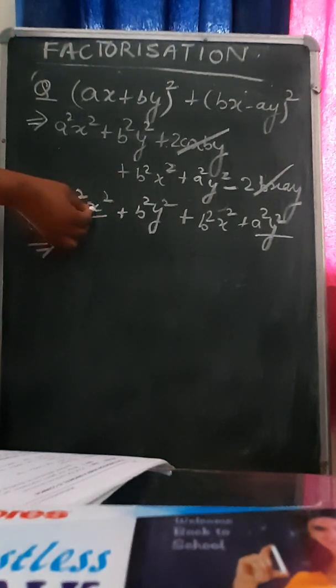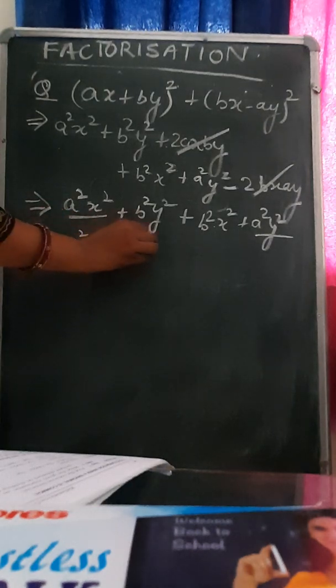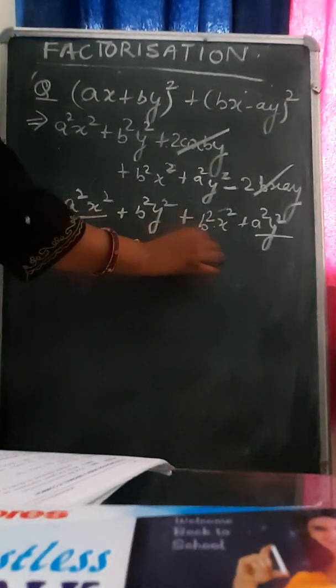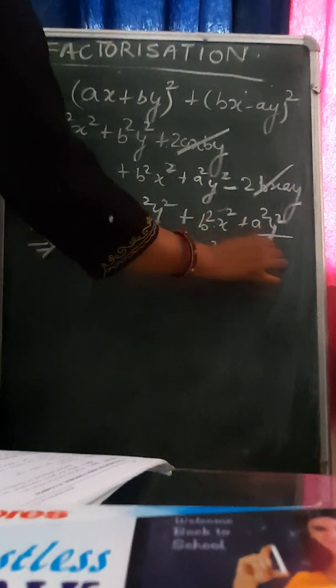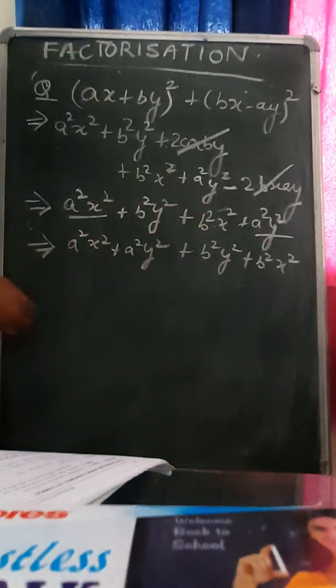Now here we have to reshuffle, rearrange the terms. So what I can do is I can rearrange. I will put these 2 terms together. Or you can do one more thing. The common thing, like here a square is common, so I can put these 2 terms. Either you can do a square x square and b square x square together and take x square common. Either of the ways you can do. So I am taking a square x square and a square y square together. Similarly here b square y square and b square x square.